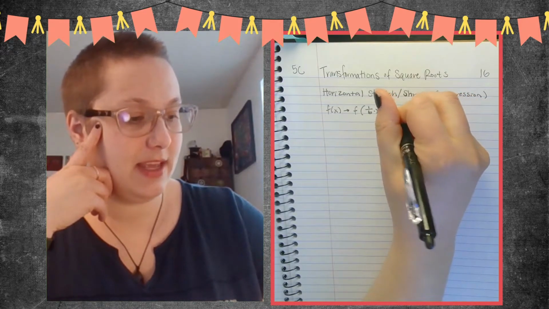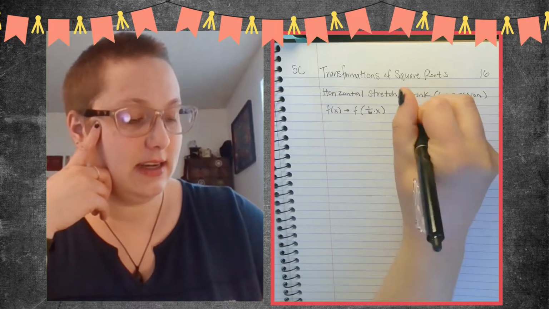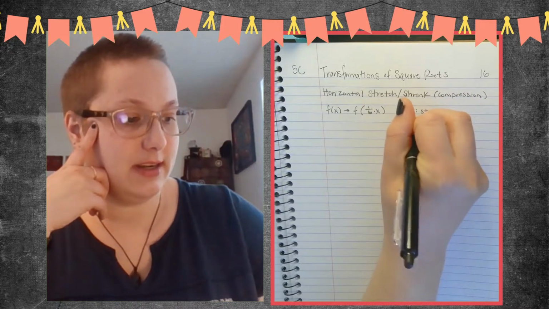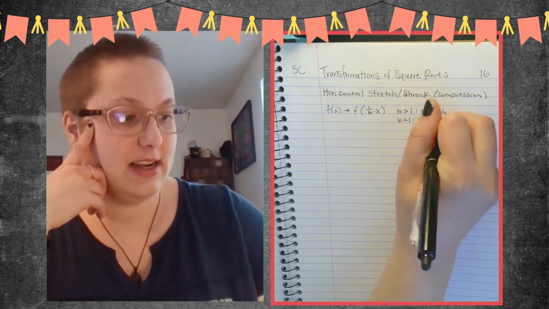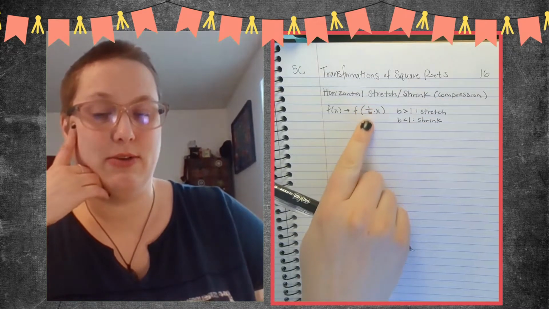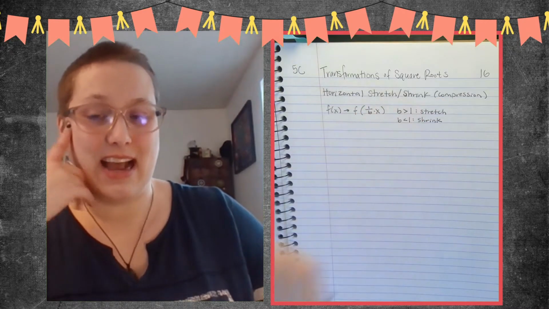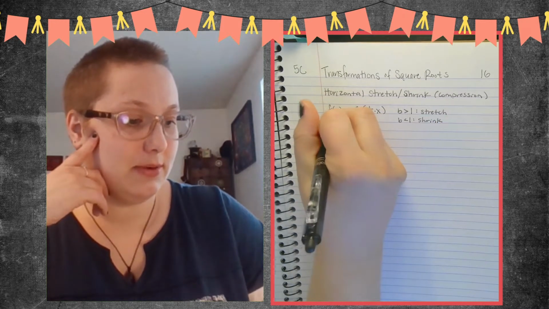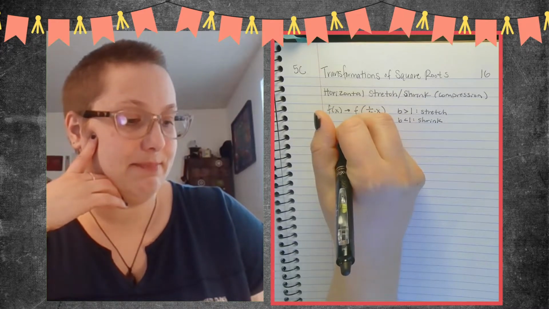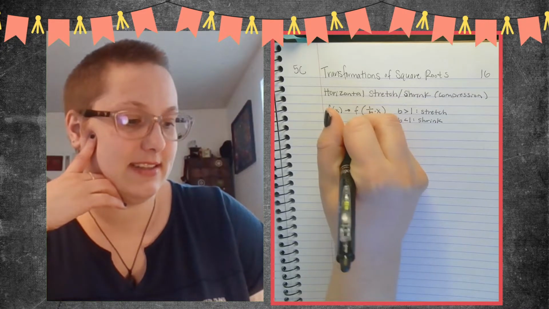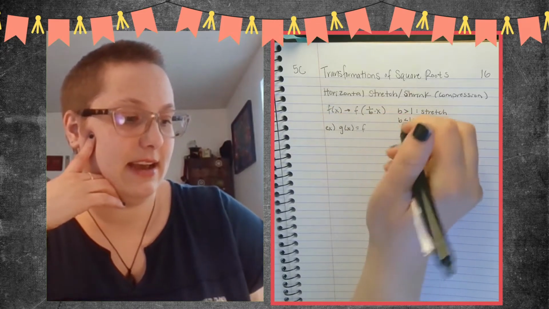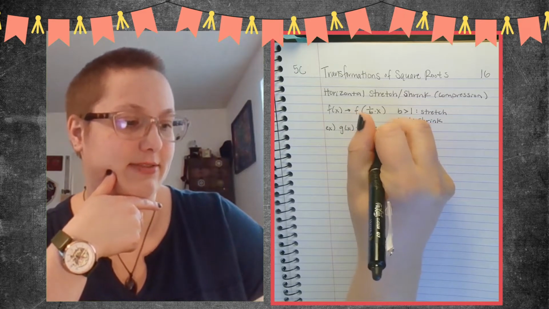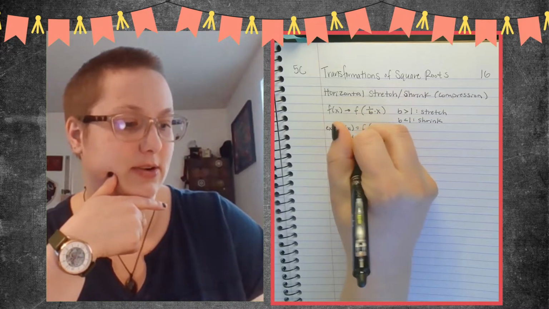Now if b is greater than 1, this is a stretch. And if b is less than 1, it's a shrink. But notice that I put this as 1 over b inside here. So this is actually going to be backwards from what you think, what you look for, okay? So for example, if I had g of x equals f of 1/2 x,